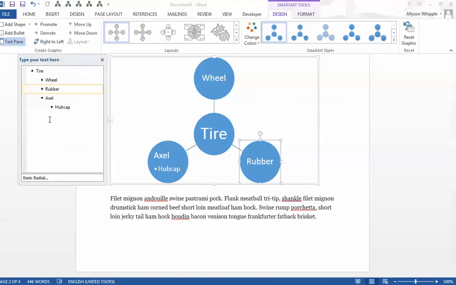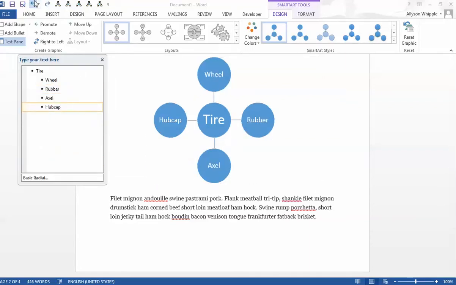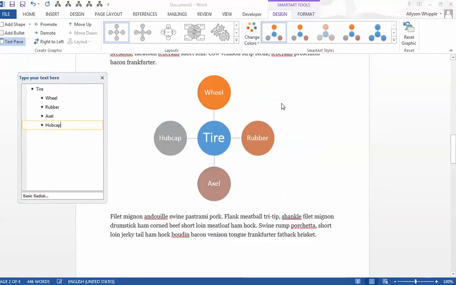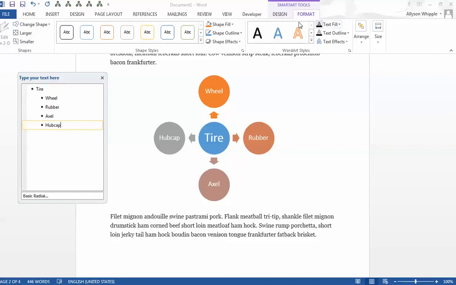Oops, I didn't mean to. Let's undo that. There. And again, you can do things like change your colors. Oh, I like that actually. Change your color scheme, change the type of chart, add shapes to it. And again, if we go into formatting,